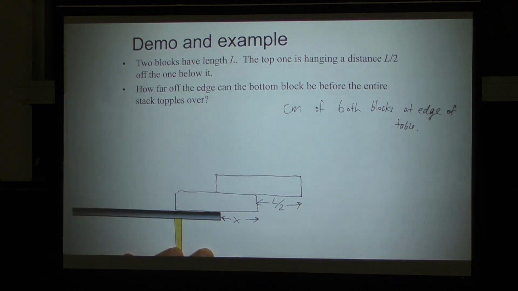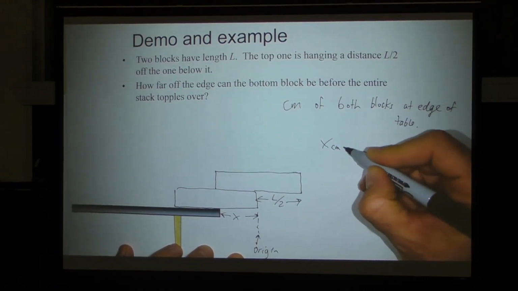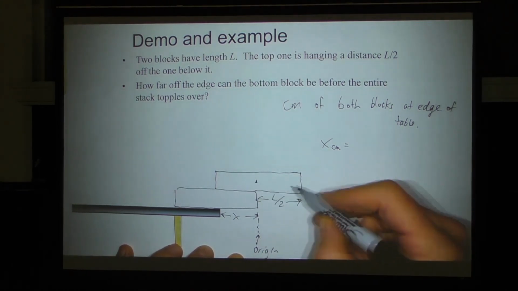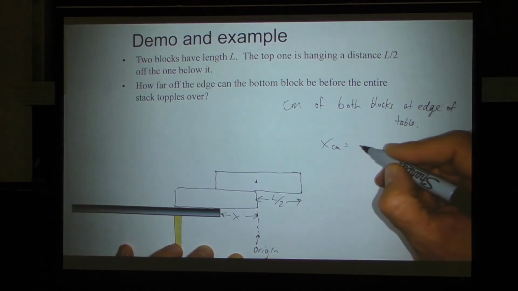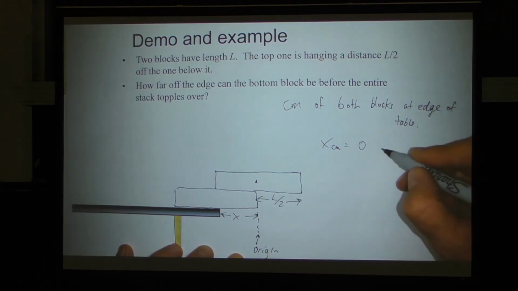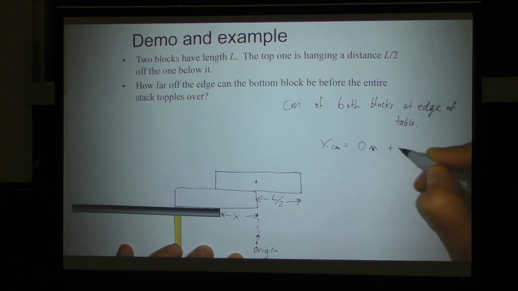And so what I'm going to say is I'm actually going to say that this is the origin. That's my clever trick. And then I'm going to say that x, center of mass, is equal to, this is the top one, so 0, because I've defined that to be the origin, times m, I guess. And then plus this one, which is going to be